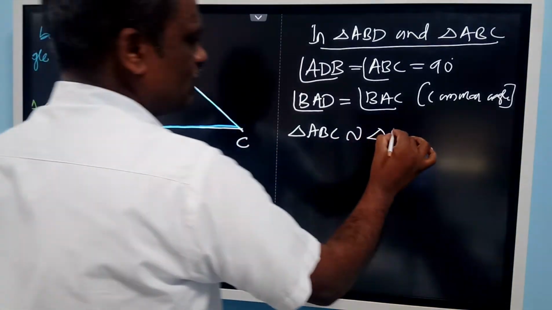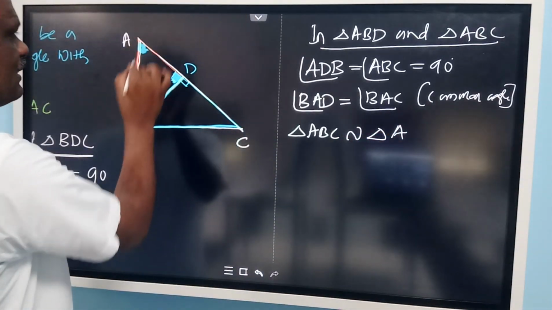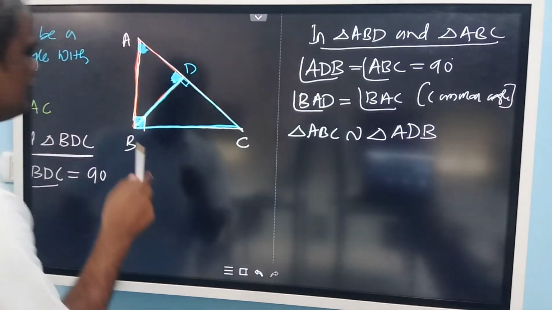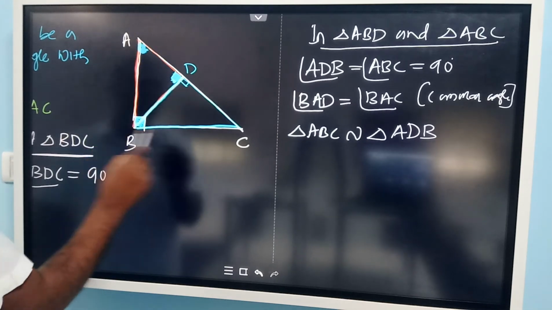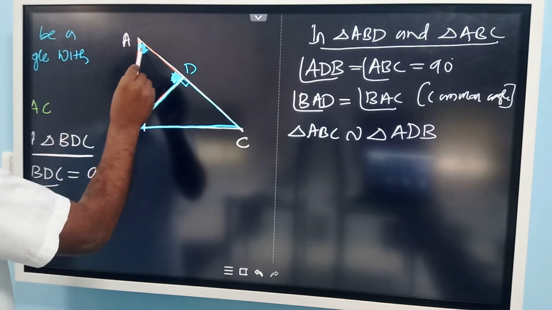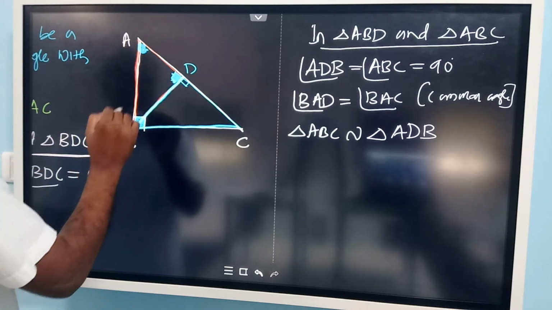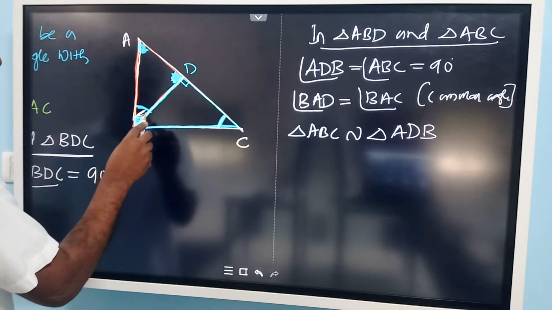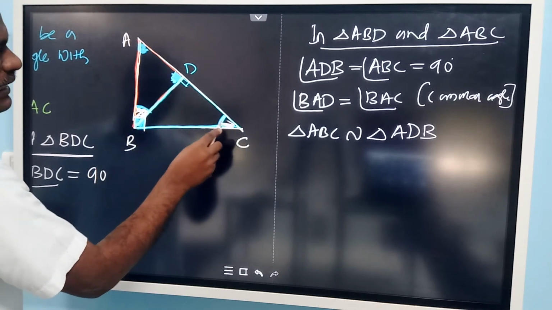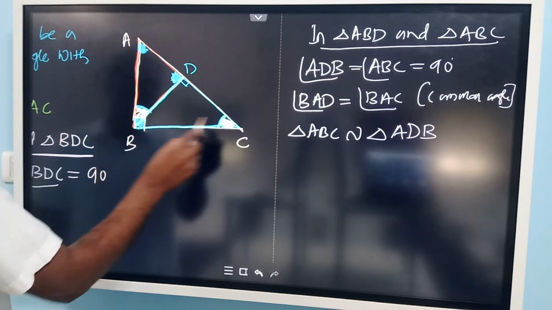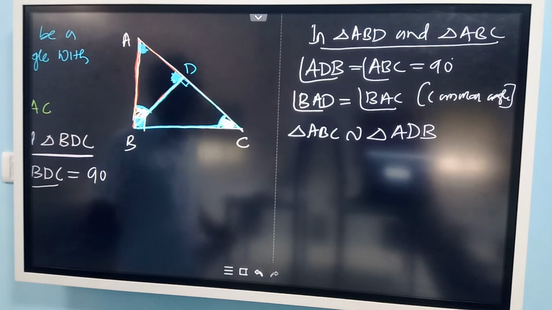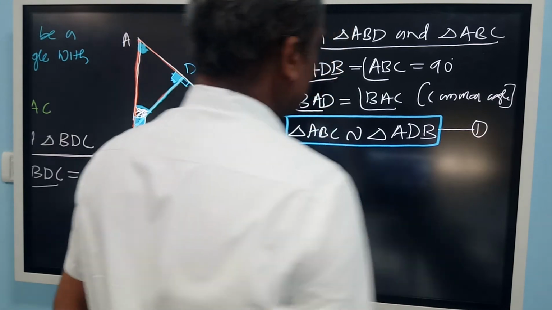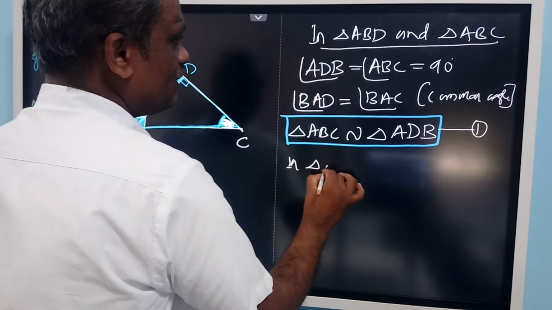For A it is A only, for B in the big triangle it is 90 degrees, and in this triangle D is 90 degrees. Look at this: in triangles ABD and ABC, angle B is equal to angle D, and angle A is the same as angle A. Then the remaining angle in ABD is the same as the remaining angle in ABC. Keep in mind, this angle is the same as this angle. You call this 1.